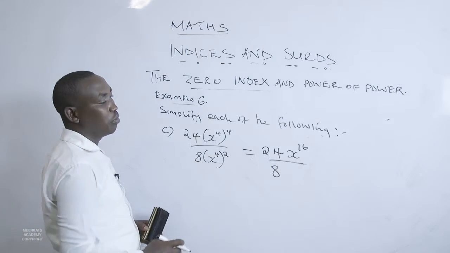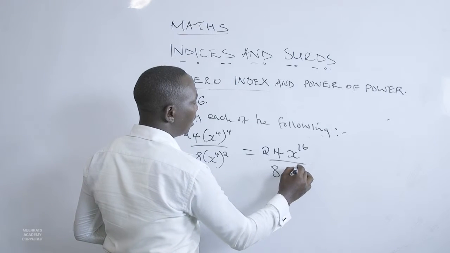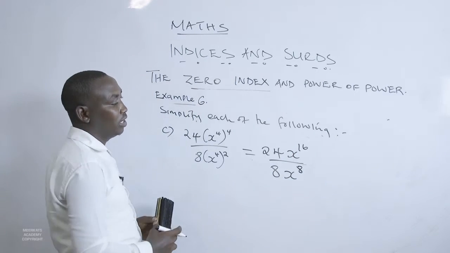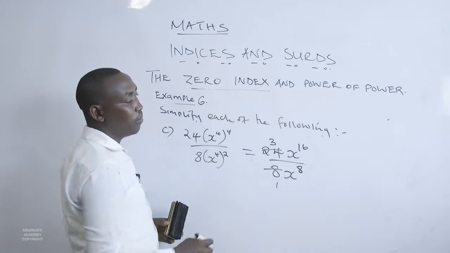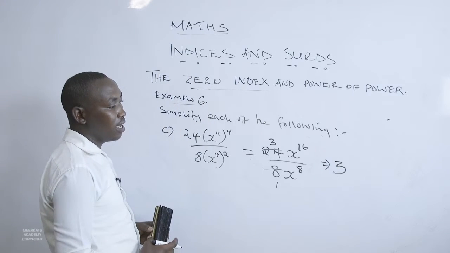That means again we're going to multiply the powers. 4 by 2 is 8. So this shall be 8 x raised to the power of 8. Now 8 goes into 8 once, 8 goes into 24 3 times. So this is going to give us 3,